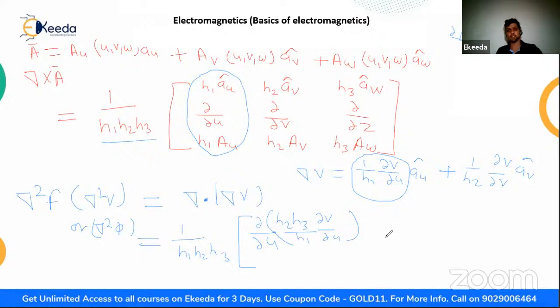You just need to remember first thing. From second onwards, you can simply write del upon del V correspondingly, the second parameter or second coordinate, and we will just omit or avoid the second. So we will write just H1 multiplied by H3, because in first we just omitted the first. So in second H1 H3, second is omitted, second will come below, and then it will be del V multiplied by,